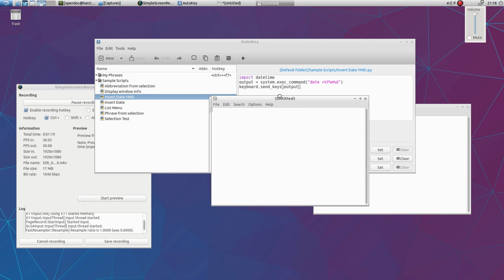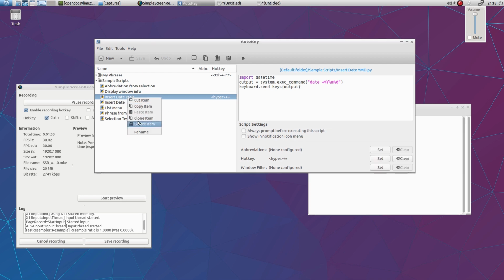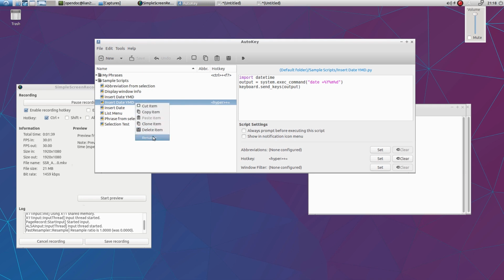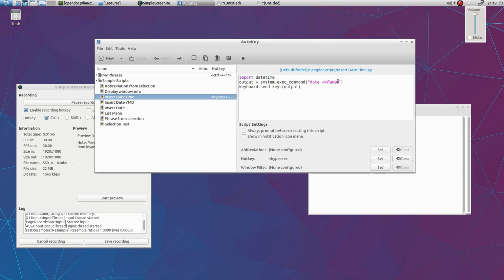And then let's check it out here. Put in a new page. And then this is F8 and the plus. So actually what I wanted to do is I like minus. Let's duplicate this. Let's clone it. So I like the minus to include the time. So I'm going to rename this one date time. And we're going to add